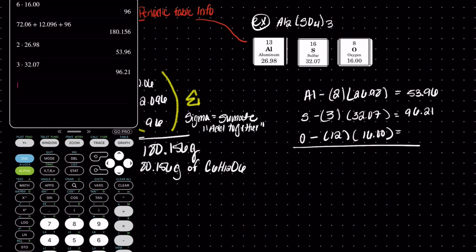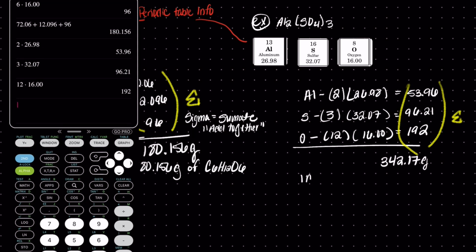And 12 times 16, 190 something? 192. Now that I have that information, summate. Adding them together, you get a whopping 342.17 grams, which tells me that in 1 mole of aluminum sulfate,